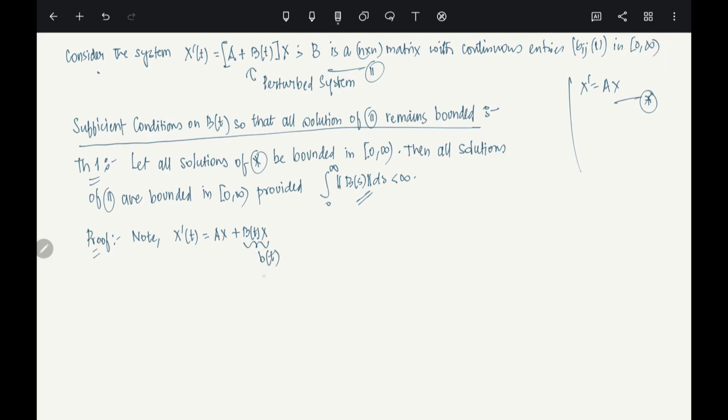Let me write it like this: define small b of t as capital B(t) times x. See, x is also a function of t, right? So capital B of t times capital X of t, I will just write it as b of t. Clear? So if we do that, then by Duhamel's principle, or variation of parameters, whatever you want to call it,